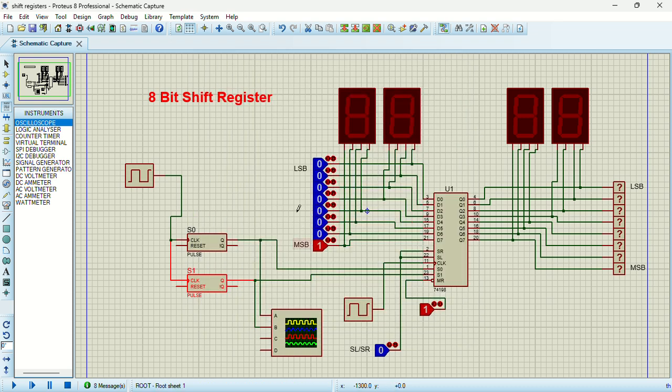Now, since I'm going to be shifting to the left, I'm going to start here, and my bit is going to move all the way until it gets to the MSB. Okay, so let's run it. We're still waiting for the parallel load pulses or signal, and then we can load in our data. And now you see,